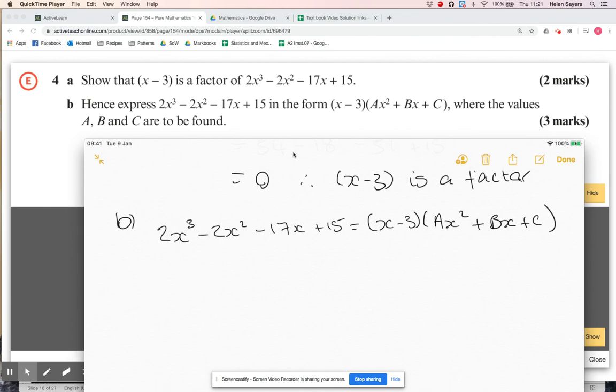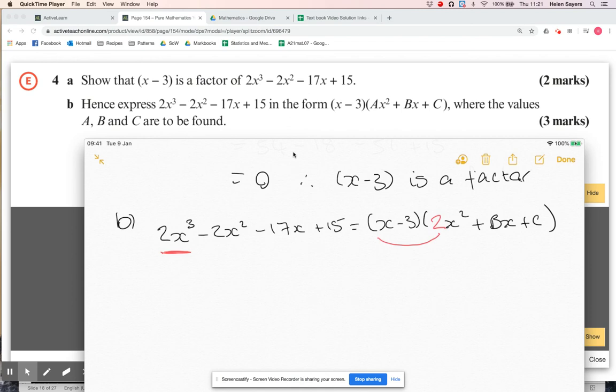Okay, so let's just go over again how I knew those. The reason I know that A is 2 is because when I expand the brackets back out, x times the ax squared is going to give me my only x cubed term. So for that to work, that must be 2x squared. So just to save a bit of effort, I'm going to fill those in as we get them. Okay, so I can straight off say that has to be 2,